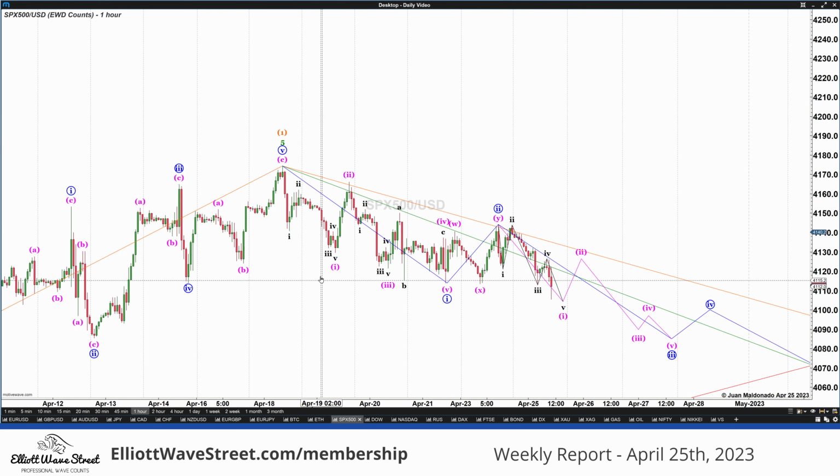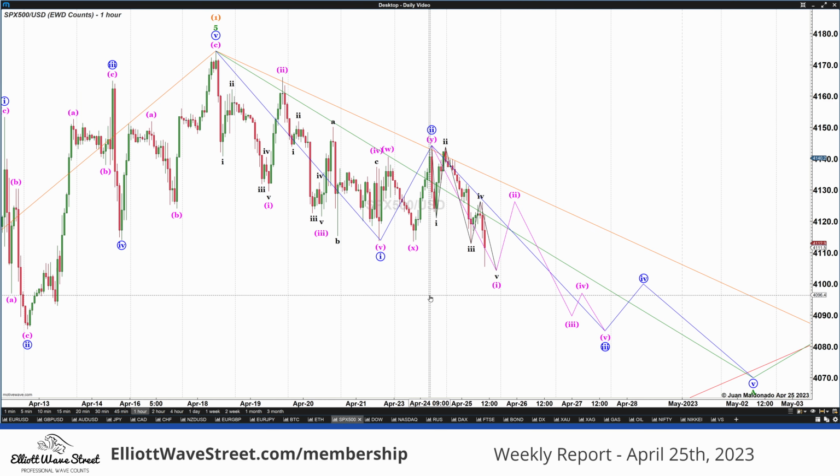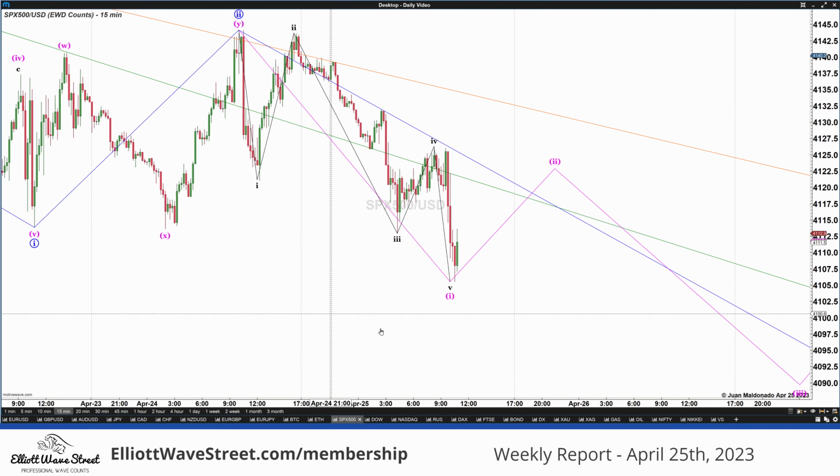So this is the hourly chart, and what I'm looking for on the S&P for the shorter term plan is having here a little bounce for the second leg. Let's move to the lower time frames, to the 15-minute chart, and right here is going to be the area that I'll be looking for my Elliott Wave block. So today, the next step in this process, since it seems that our wave one is done, is to start having the